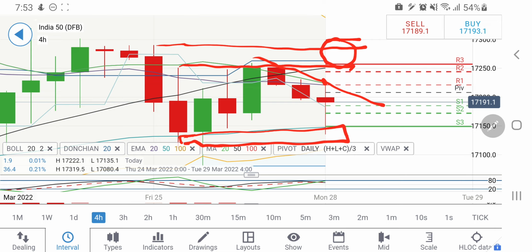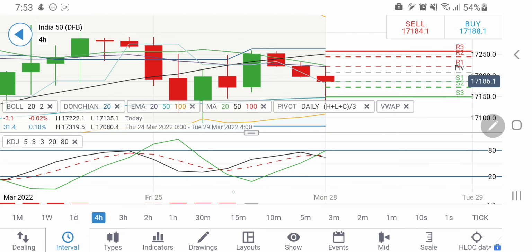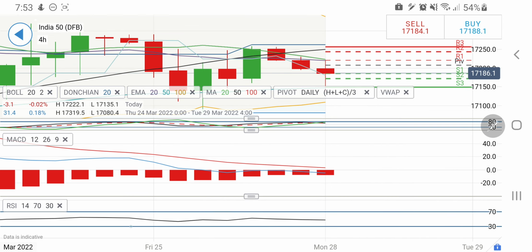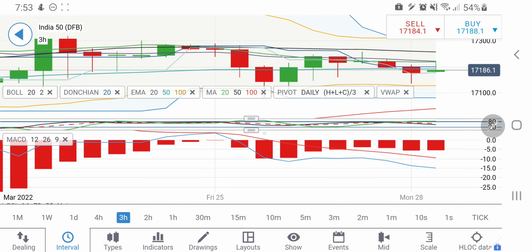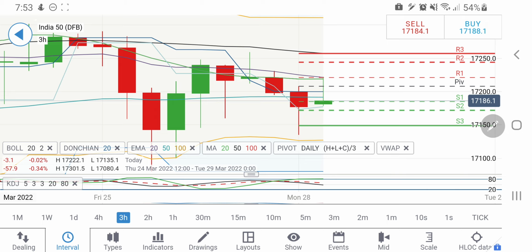However, above 17,200 also you can expect 17,400, 450 and 500 levels, and any trade or swing between 17,100 to 300 levels should be watched out for. It can try to swing a bit in between this before deciding a direction. Now look at this, the stochastic is nearly overbought, and MACD is still trading on the sell side on the 4-hour charts. On the 3-hour charts too, you can find that it has seen a high, and here it is trying to reverse the trend it was trading in.